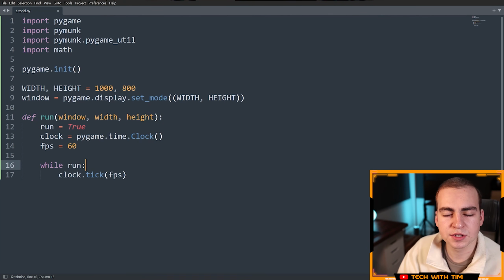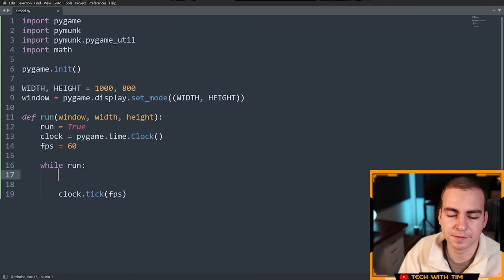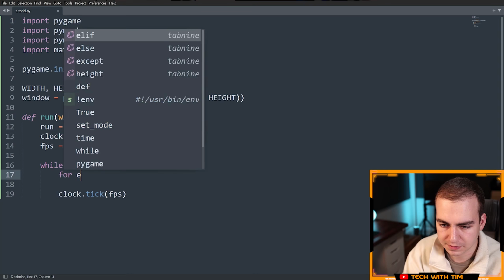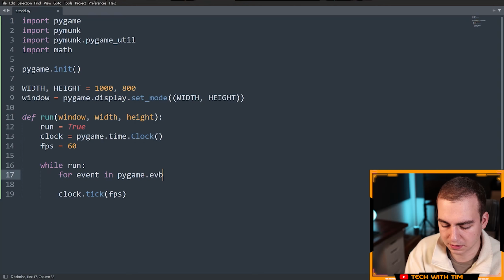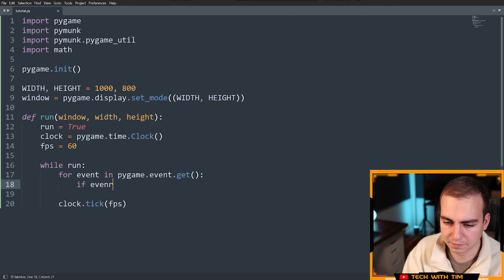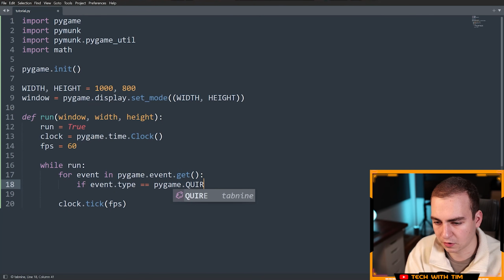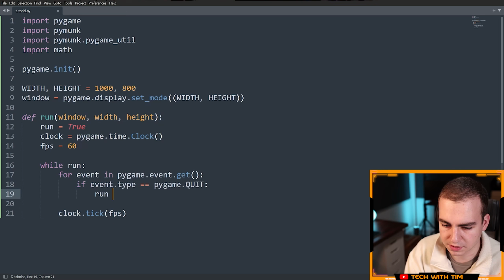All right, so now that we have this, I'm just going to set up an event checking loop. Now, what this is going to do is just loop through all of the events that are occurring in our Pygame or in our PyMunk simulation and essentially allow us to close the window when we hit the X button. So you'll see what I mean in a second, but I'm going to say for event in pygame.event.get. I'm going to say if event.type is equal to pygame.QUIT, in all capitals,